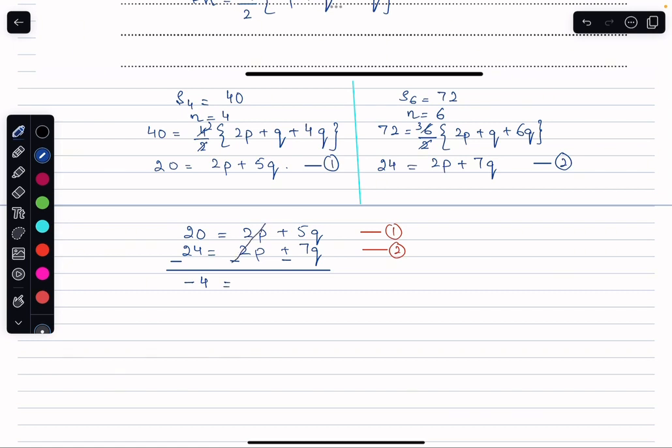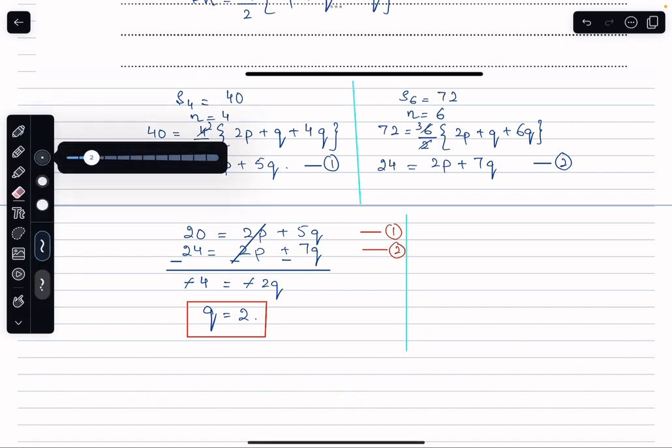2p minus 2p becomes 0, and 5q minus 7q will give me negative 2q. The negative gets simplified, and here I can say that my q value shall be 2. So this is going to be the answer for the value of q, which is equal to 2, and then substituting this value in any of the two equations that I have,